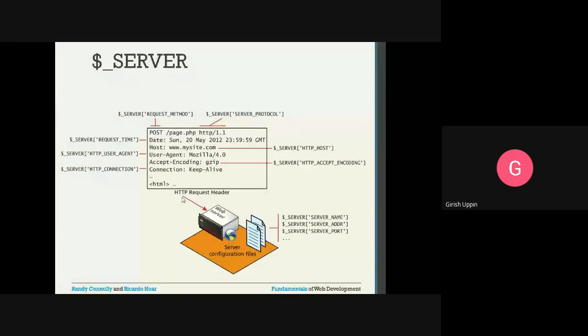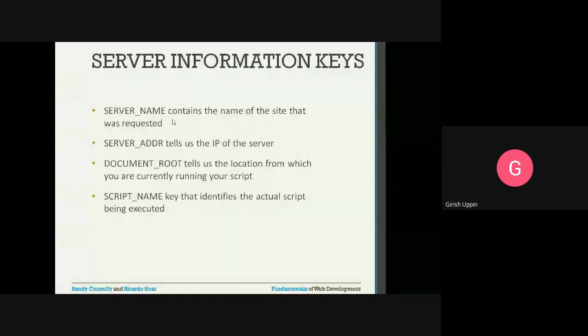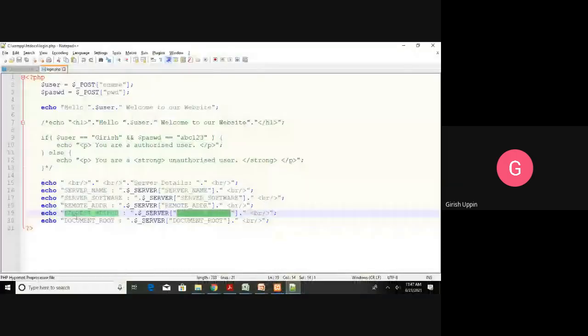The SERVER_NAME key provides the name of the site that was requested. SERVER_ADDR tells us the IP address of the server. DOCUMENT_ROOT, so we have DOCUMENT_ROOT here. You can see this is the DOCUMENT_ROOT. What it provides is the location from which you are currently running your script.